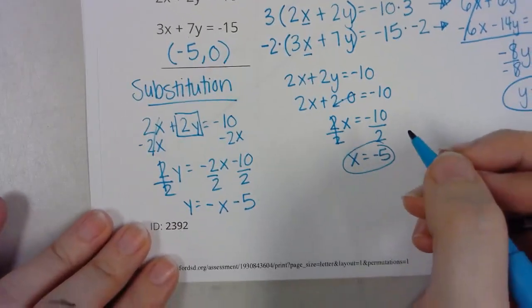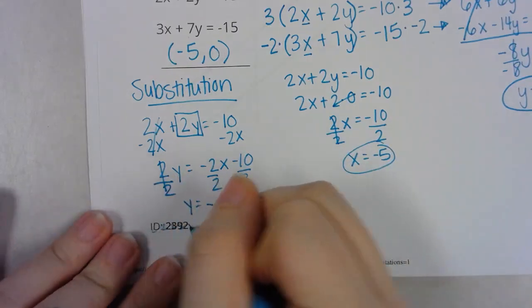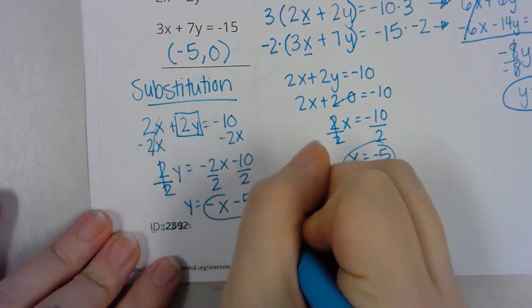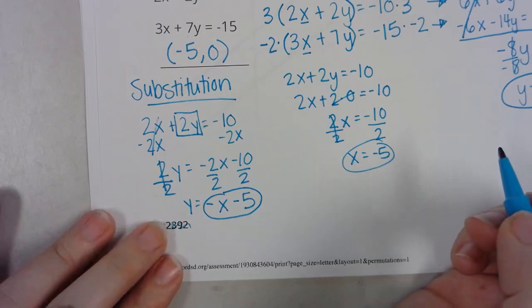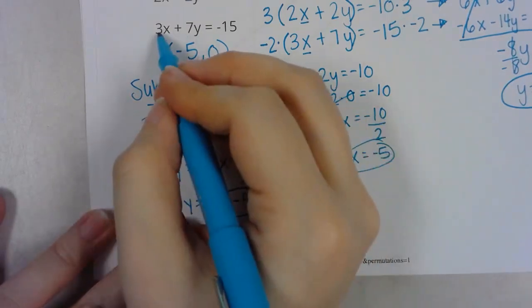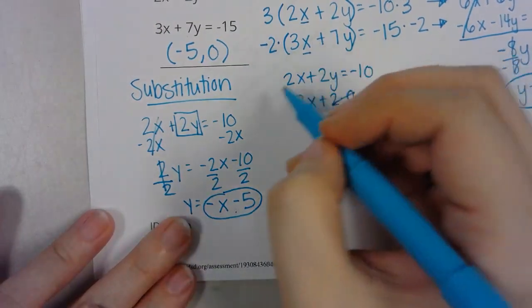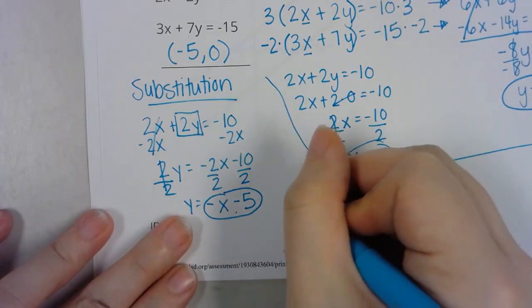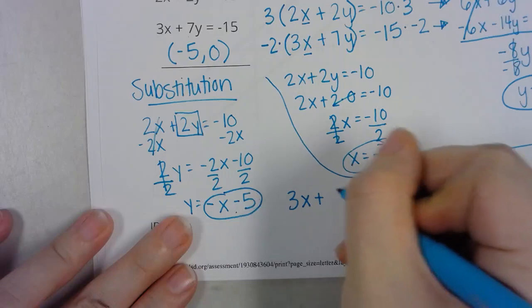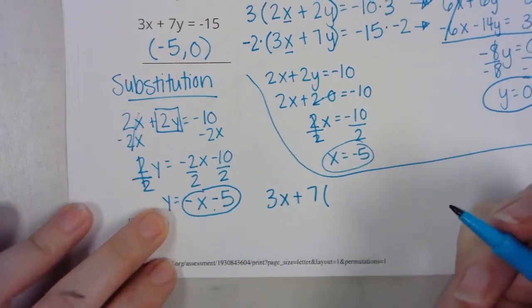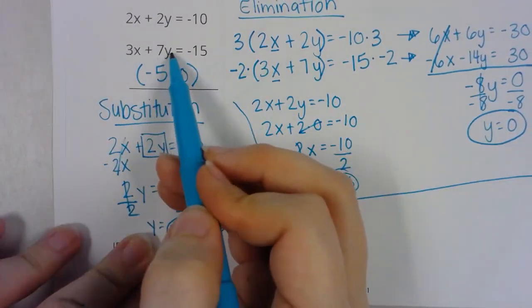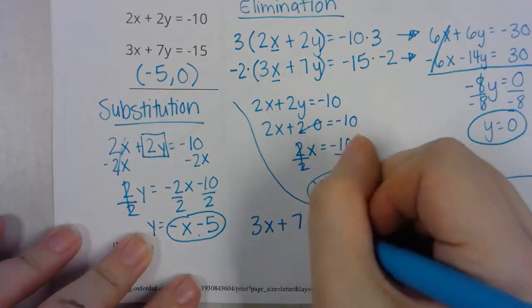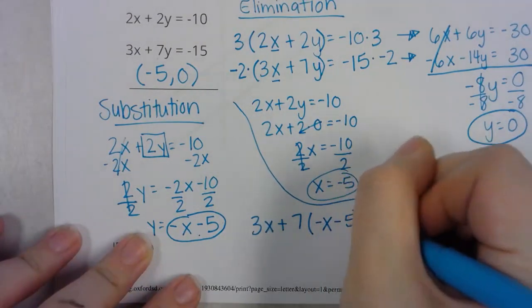So then I could take what y equals, and I can put it in the place of the y value in my second equation. So that would give me 3x plus 7, but instead of writing y like it is here, I'm going to write negative x minus 5